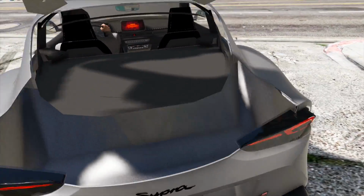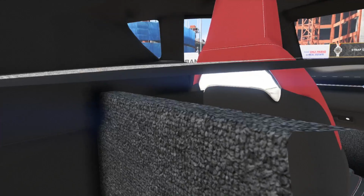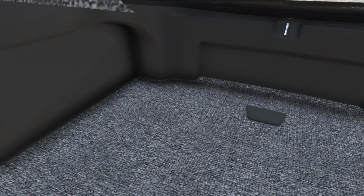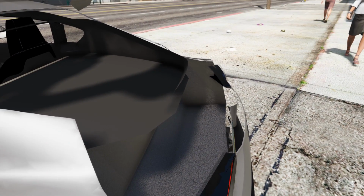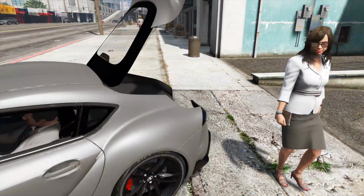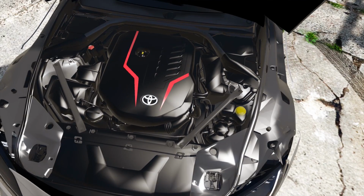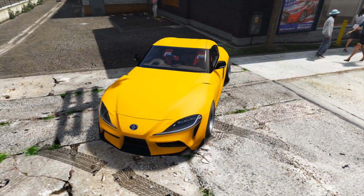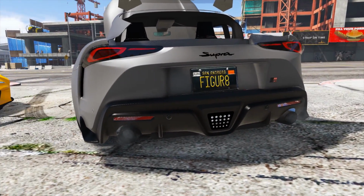Just a look on the inside of this one. Actually, this boot doesn't look as proper as this one. This one actually looks more like how it's supposed to be, I think. This one, although I could be wrong, that could be the right way, but it looks a little off to me. It's also not completed because it's see-through from the back. And then we have the engine bay as well, which, I don't know. Maybe this one is more detailed. I just think that this one, I think the bumpers just look a little bit more...